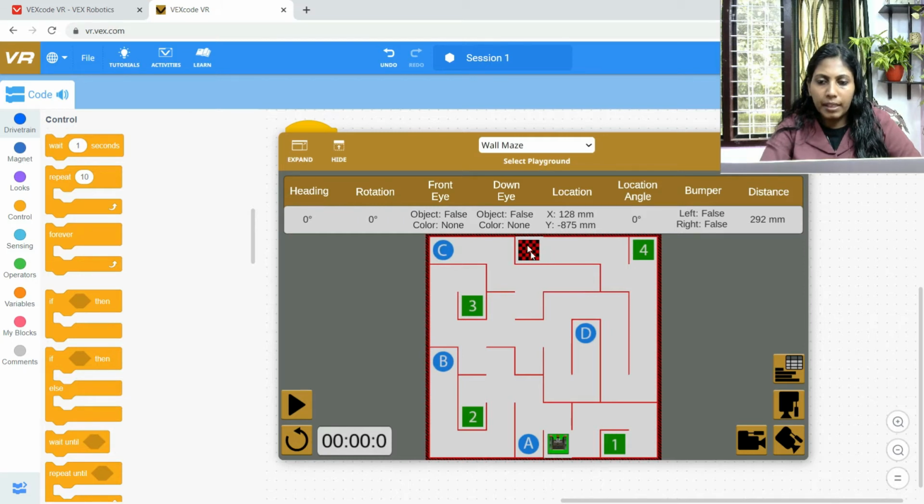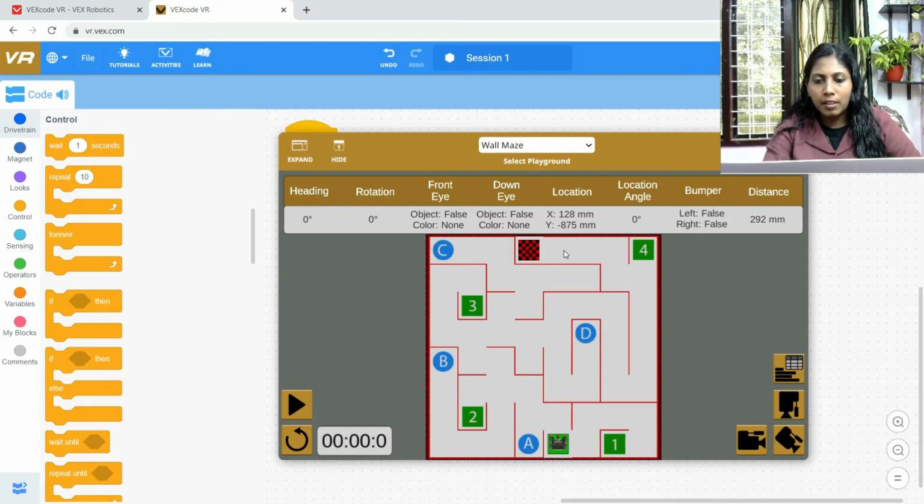So it's our final destination, and we have to program the robot in such a way that it finally reaches the final destination. That's a challenge. And maybe the subtask I can give you, for example: first, navigate the robot to reach the alphabet A, and from A to B, B to C, from C to D, and then the final destination.